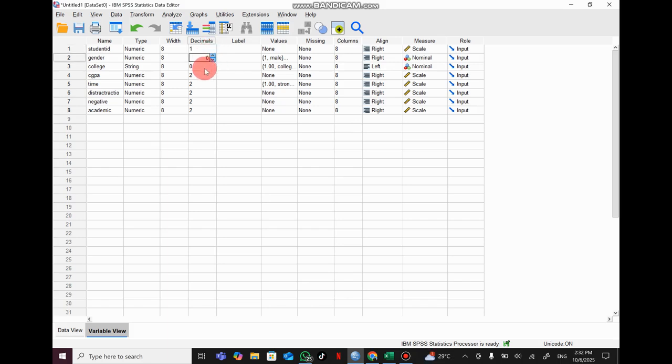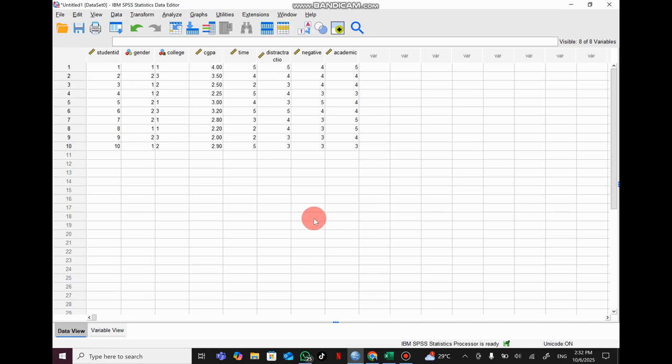Then gender 0, and here is 0. For CGPA and time, for this one also maybe 0, no decimal point. This also no decimal point, this no decimal point, and this no decimal point. So we can see here is the data.